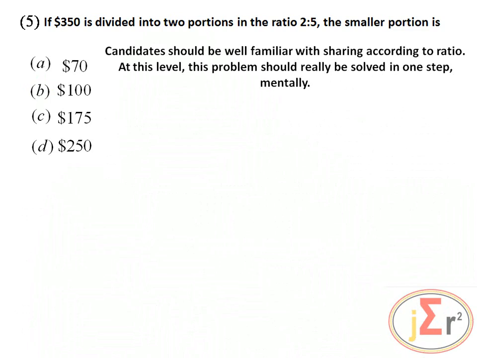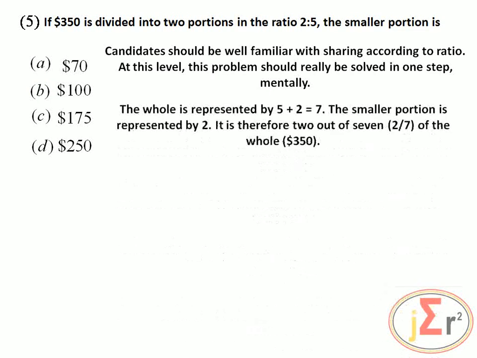Here we go again. Candidates should be well familiar with sharing according to ratios. At this level, this problem should really be solved in one step and be done mentally also. The whole is represented by 5 plus 2, which is equal to 7 units. The smaller portion is represented by 2 units. It is therefore 2 out of 7, 2 divided by 7, or 2 over 7, of the whole, which is